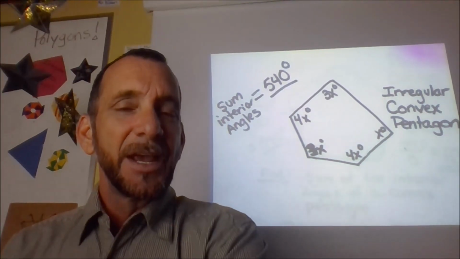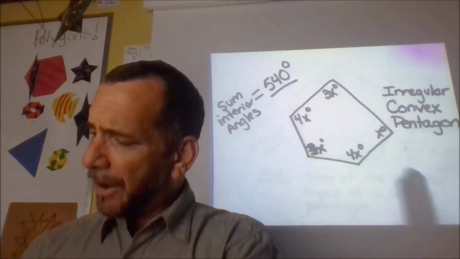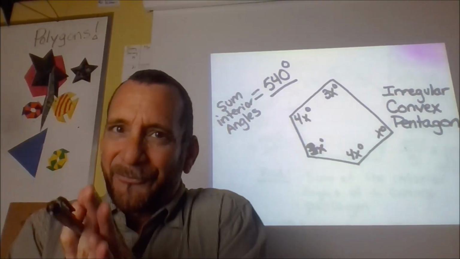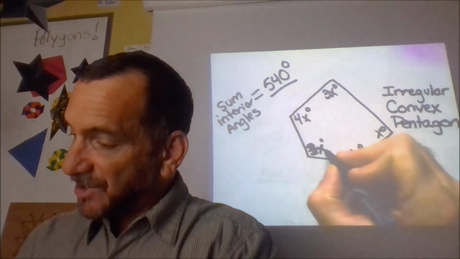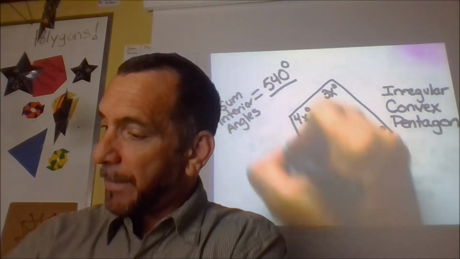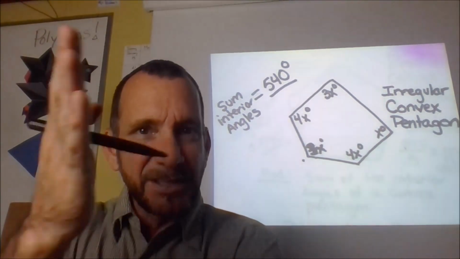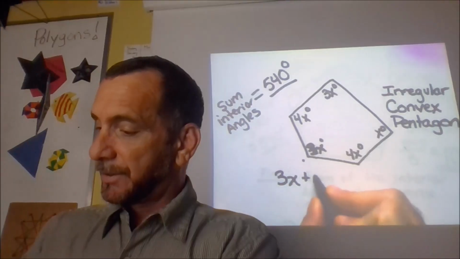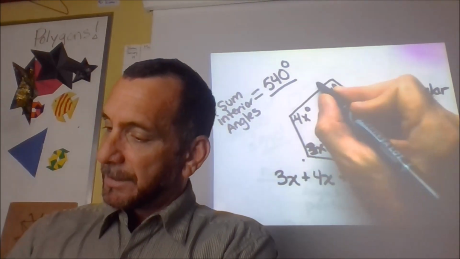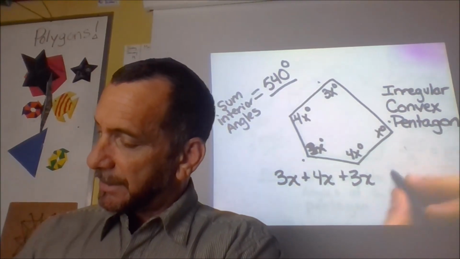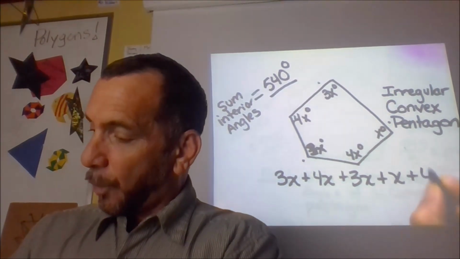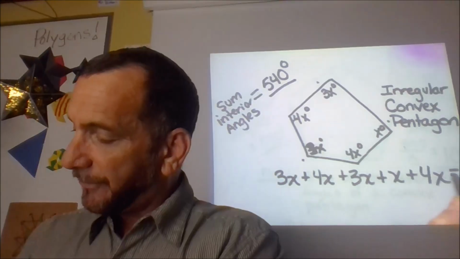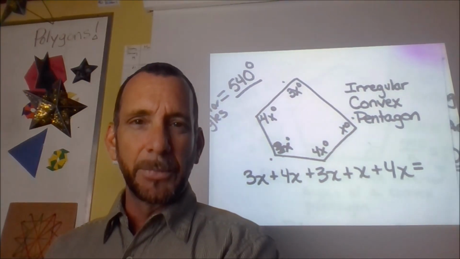So we're just going to use our mathematical minds to figure out what all of these need to add up to. Here comes a little bit of algebra fun. Well, I'm just going to start at one vertex and make my way around so that I can make sure I get every single angle. And what should they add up to? 3x plus 4x plus 3x plus x and plus 4x. It's a pentagon. How many angles? 1, 2, 3, 4, 5. And all of that adds up to the magic number